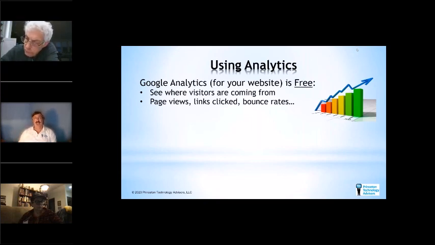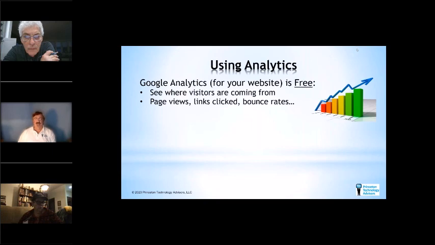So it doesn't help you with social media. You can use Facebook's own internal analytics there. You can see right down to the zip code where they're coming from. You can't see the individual. You can't find out who specifically is looking, but you could see, are they from Princeton? Are they from Mercer County? Are they from New Jersey? Are they from the East Coast? Are they from the United States? So you can see different views.